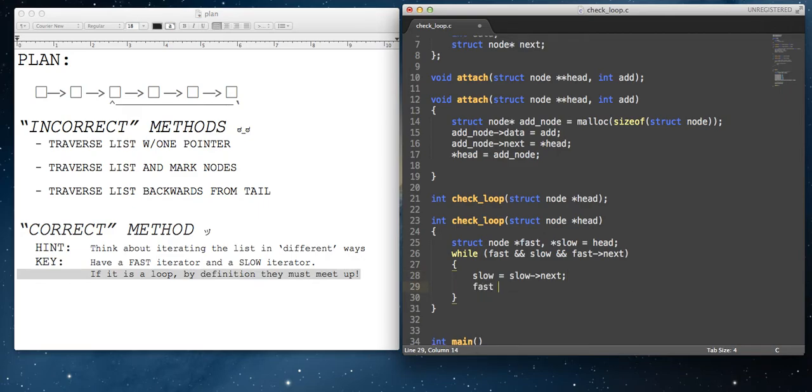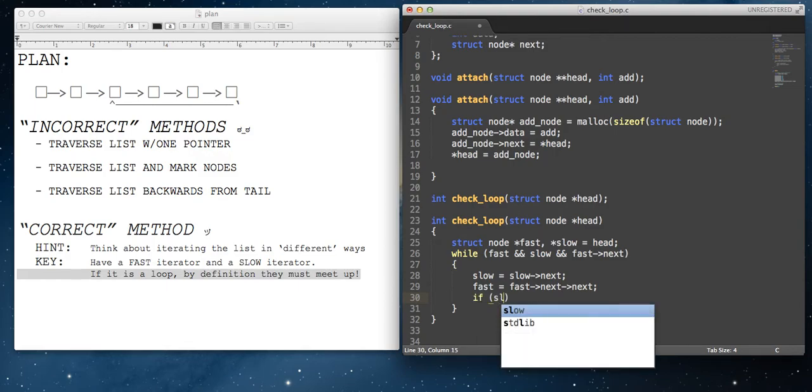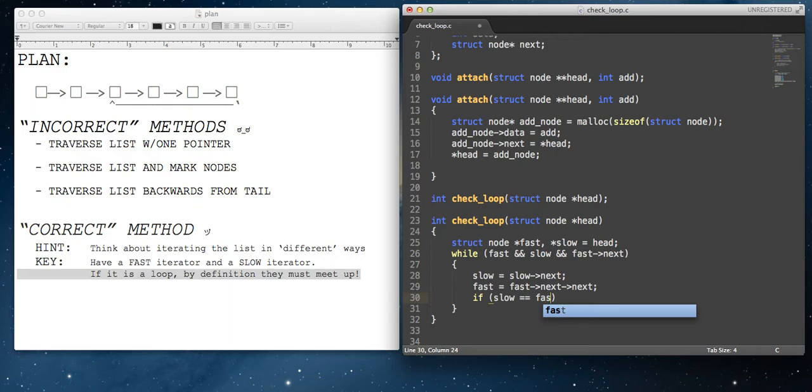But our fast iterator is going to iterate two at a time. Whoa. So our fast iterator is going to start from here and then go next, next. So it's going to jump two. And eventually, it's going to catch up with our slow iterator. And when that happens, we know that there's a loop in our linked list. Okay, so if slow equals fast,